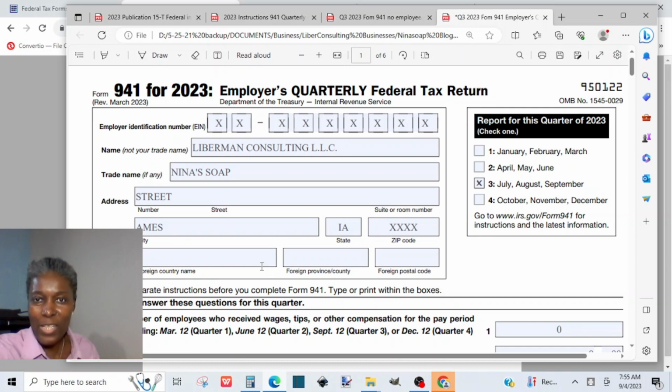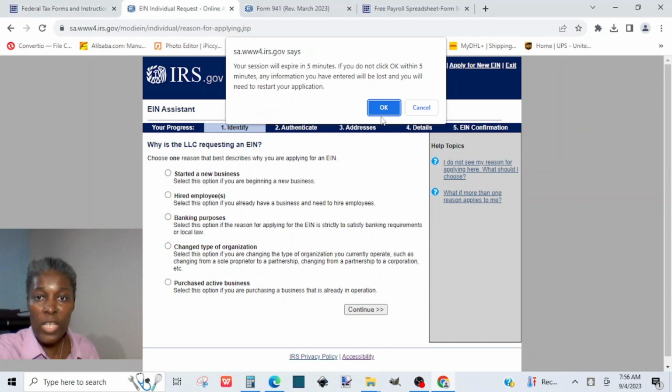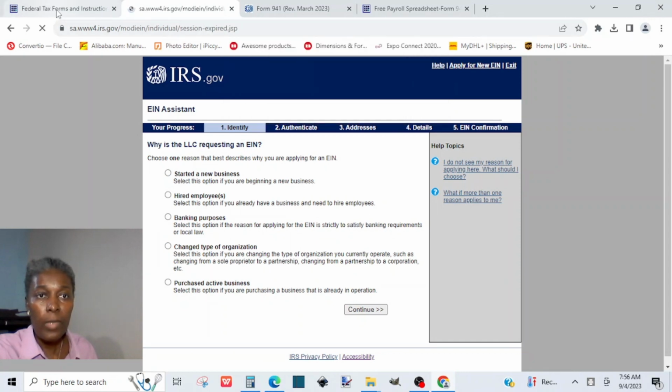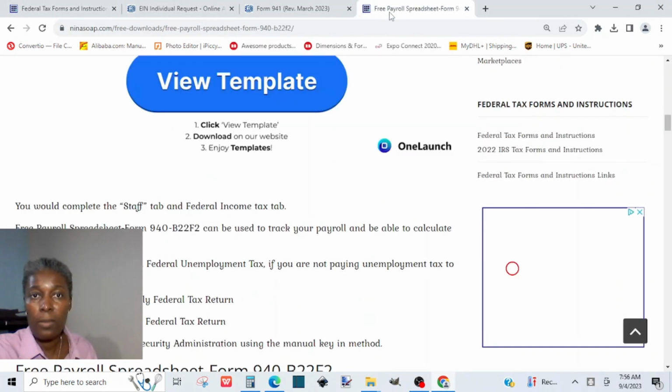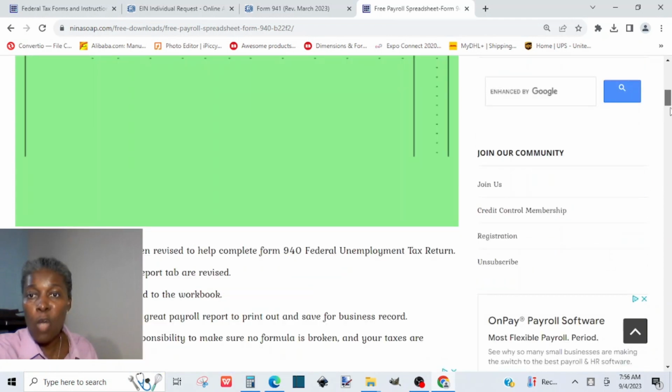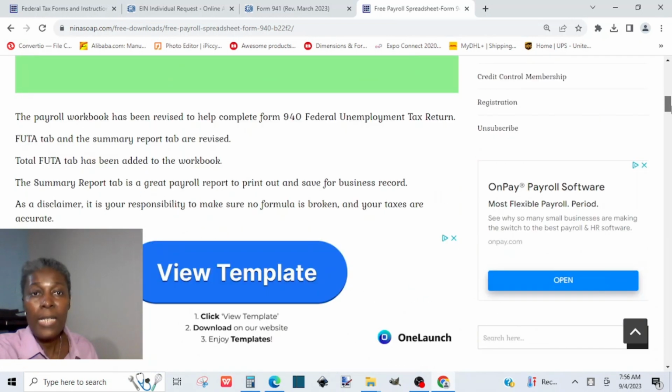If you start paying yourself, if you have an LLC taxed as an S corp, and you want to track your payroll manually, you can design your payroll spreadsheet yourself, or you can download a copy from our blog